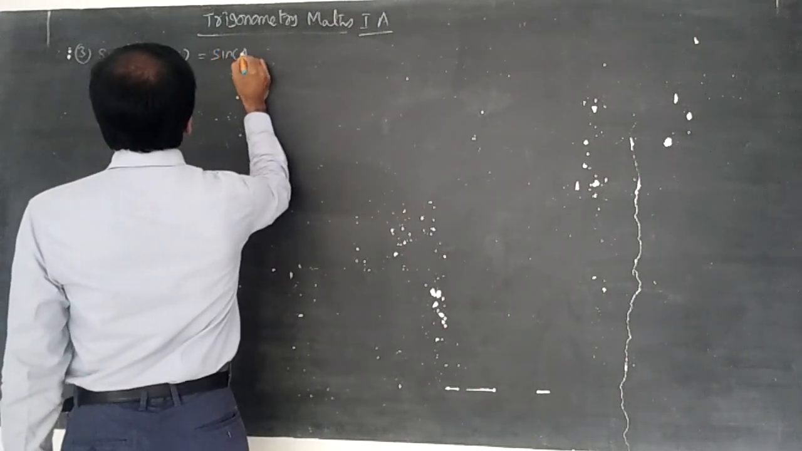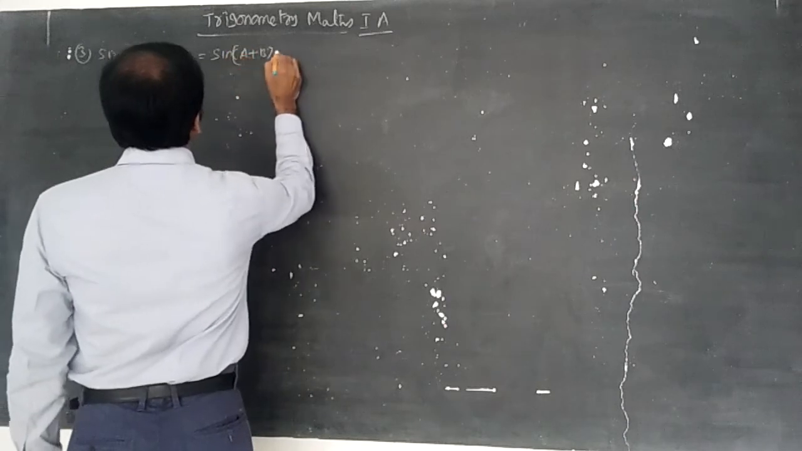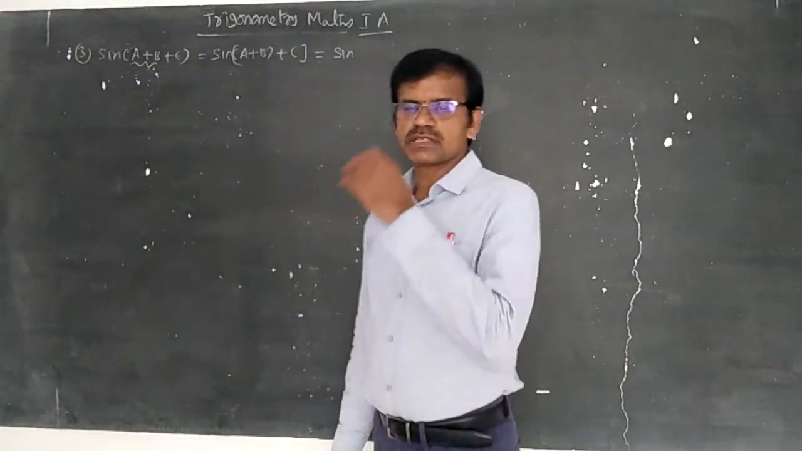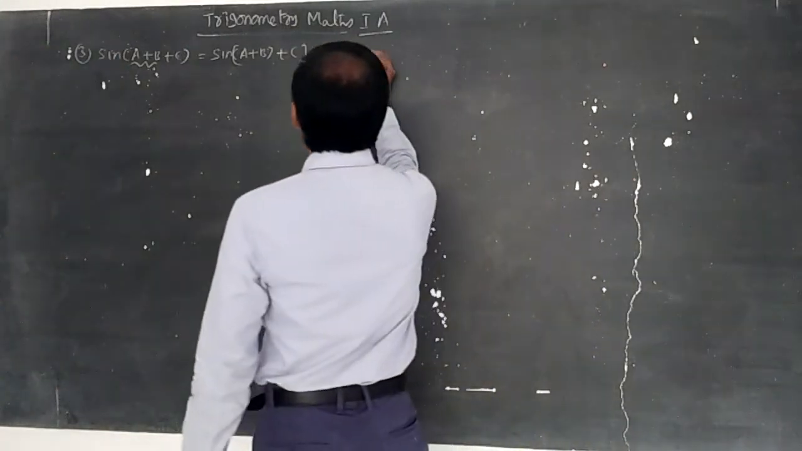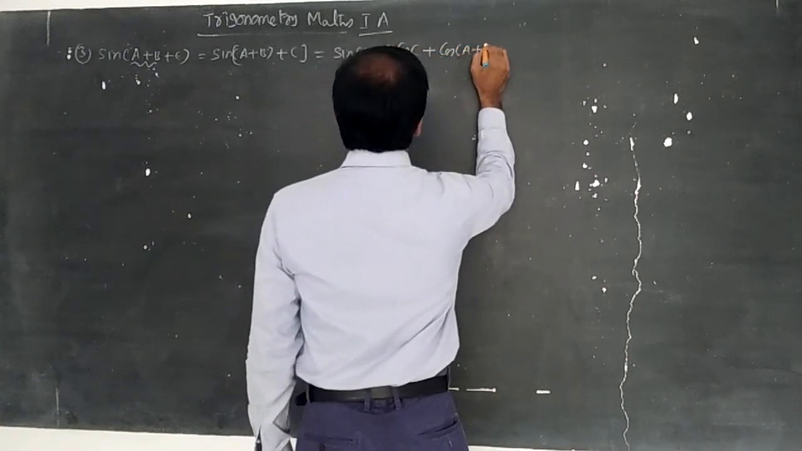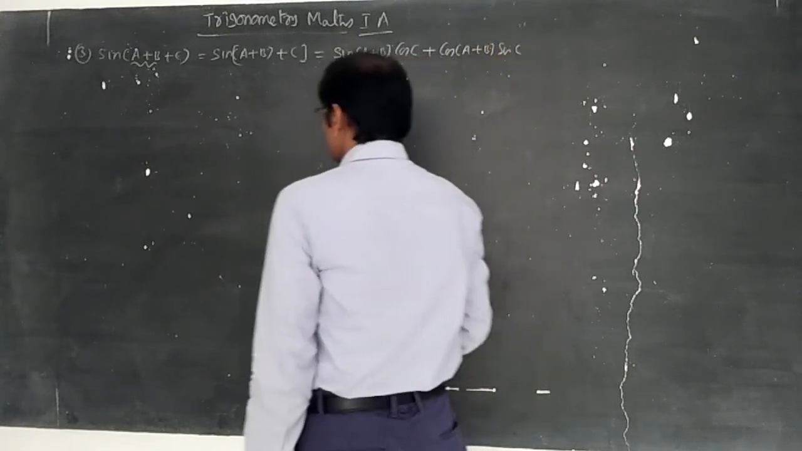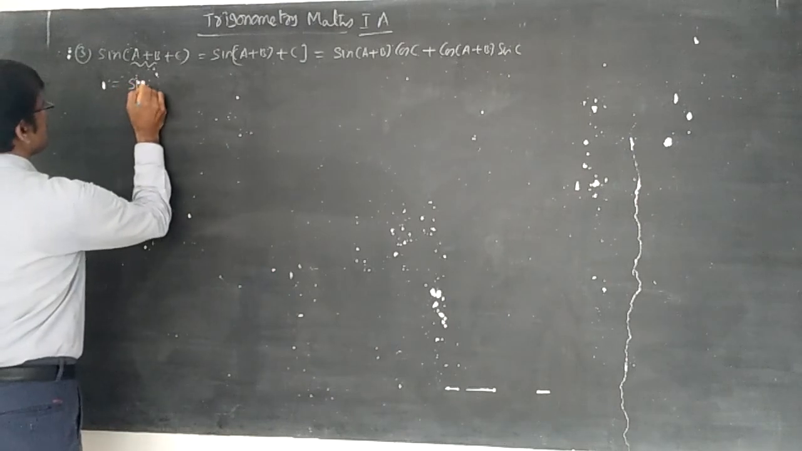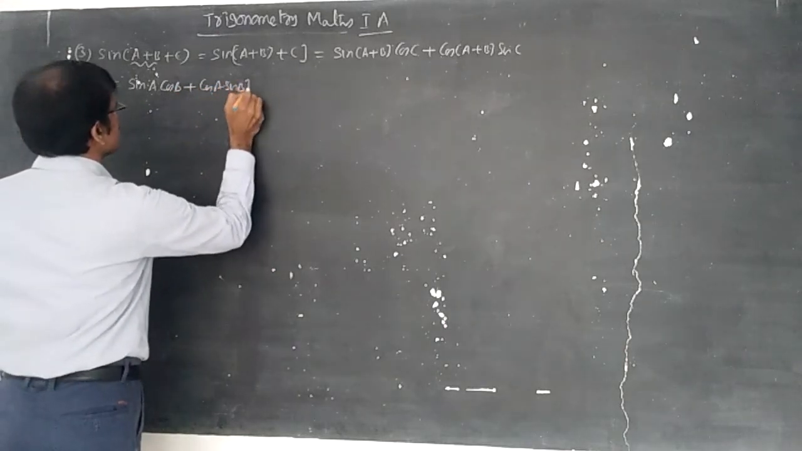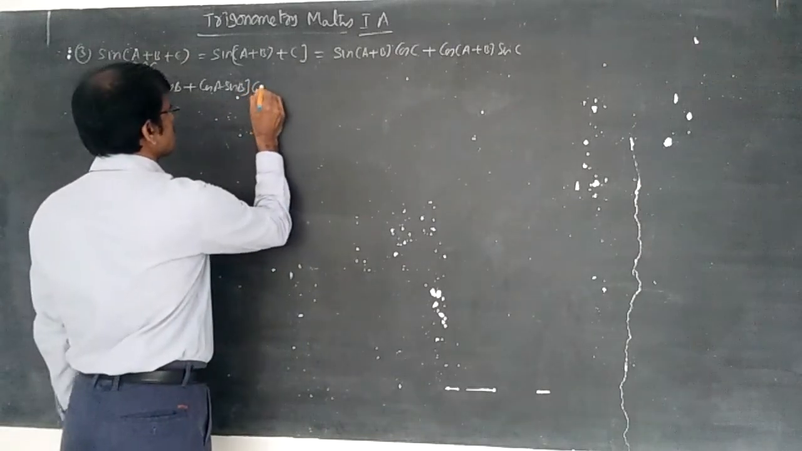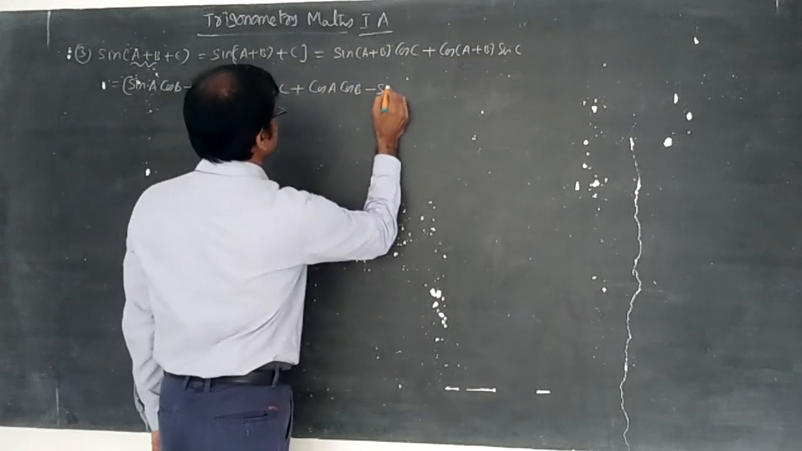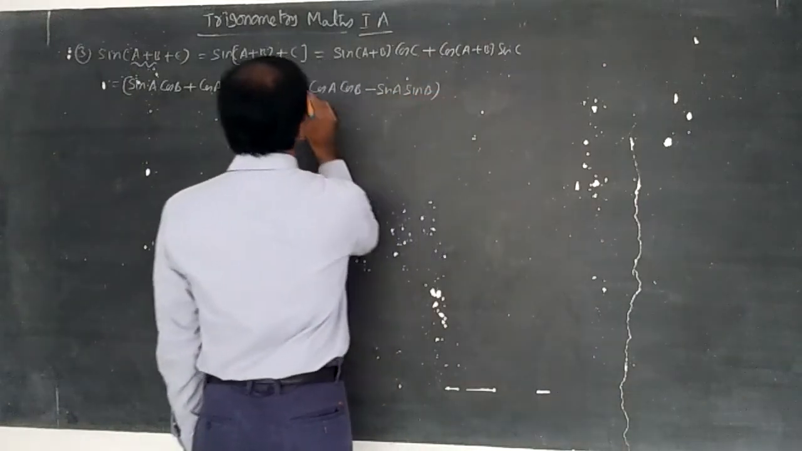To write now sin of A plus B plus C. Consider this as C, this is D. Sin C plus D, sin C cos D plus cos C sin D. So, write the formula sin of A plus B into cos C plus cos of A plus B into sin C. Next step, sin of A plus B, you write the formula once again: sin A cos B plus cos A sin B. Sin A cos B plus cos A sin B into cos C plus cos of A plus B concept, cos A cos B minus sin A sin B, cos A cos B minus sin A sin B into sin C,